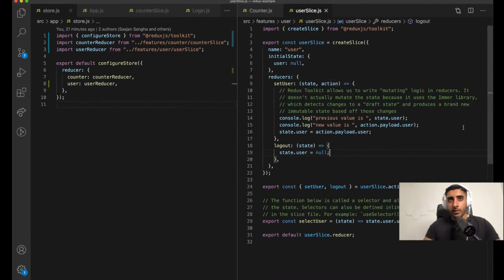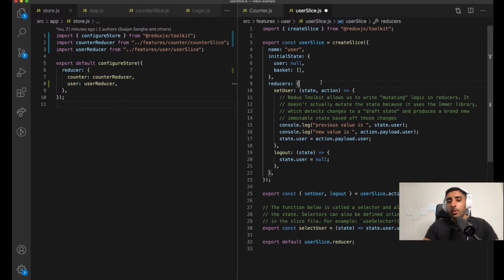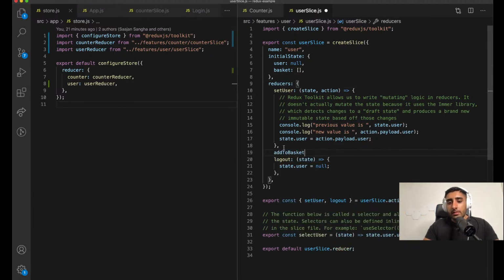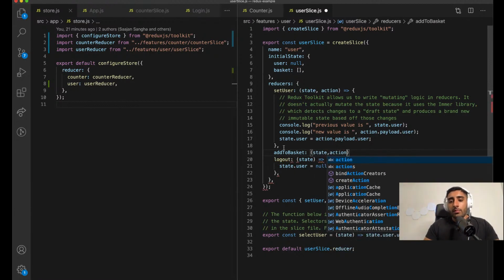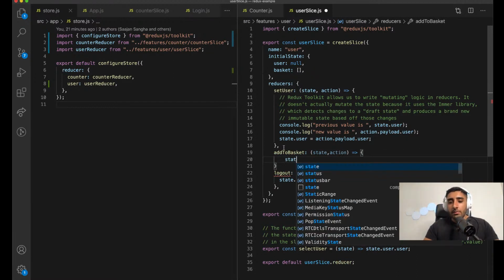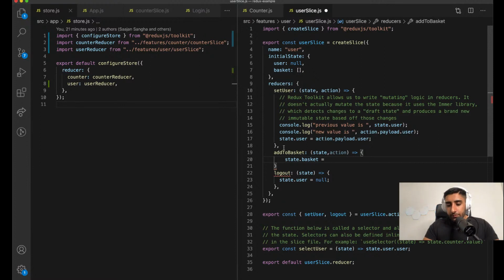So Sonny, can I actually go into that state.user and add the previous value and the action.payload.user? Firstly, why would you want to do that? Secondly, you shouldn't. In a case like adding products into the cart one by one, imagine we had a basket, like an array. What you could do is say add to basket, which took a state and an action. Then here we say state.basket equals whatever the state.basket was, plus